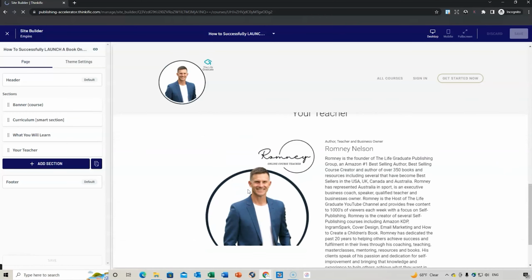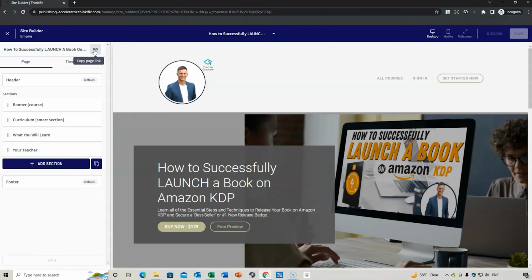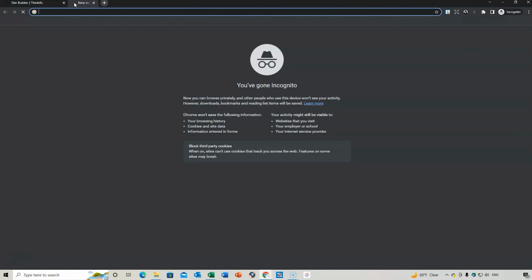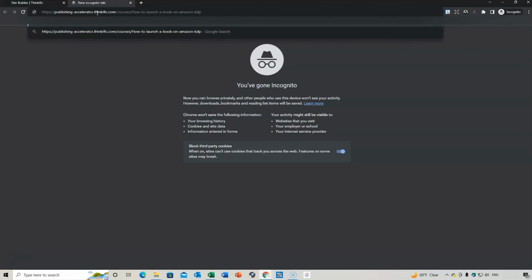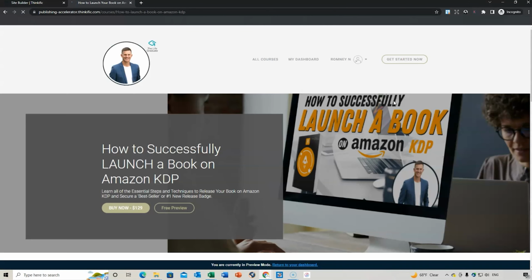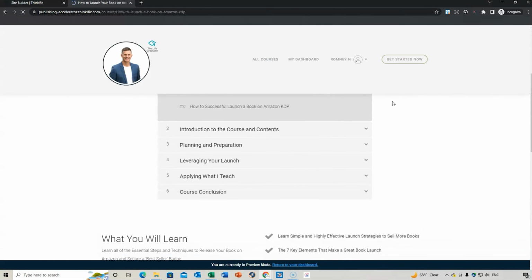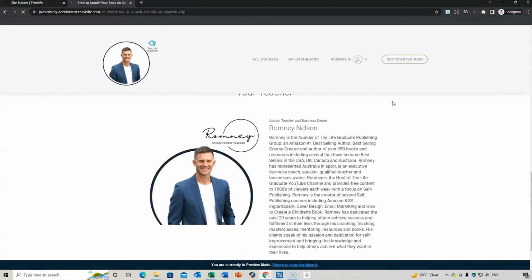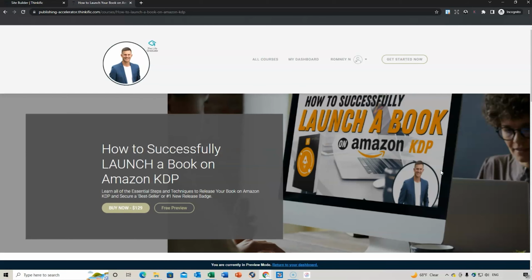So that's how it's going to come up on your site, and we can copy the link page. So copied. So let's just have a look if we do that. This is the page. So if we scroll down, you'll see my profile picture right there. So that's how you design an image for your courses and for your instructor bio.